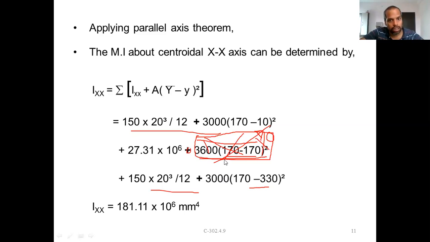Just by putting in additional area: 3600 is the I section area, and I added 3000 plus 3000, that is 6000. So 6000 means it is almost double. If I add twice the area, it gives a moment of inertia more than 6 times. Even not 6 times, more than 6 times. That's the advantage of built-up sections.